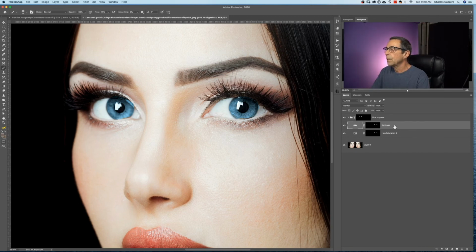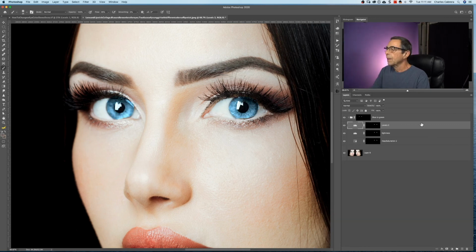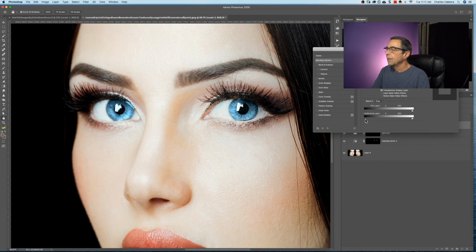And now we want to bring out more of the light areas again, so I'm going to Command or Control and click on my lightness layer mask to bring back my selection, create a new levels adjustment, and bring up the white point here and say 198. And now I'm going to double click on that to bring up my layer styles, and on the underlying layer I want to hold Alt or Option and just bring that away from the shadows. I just want it in the lighter areas, and I'll also lower the opacity a little bit and say okay,